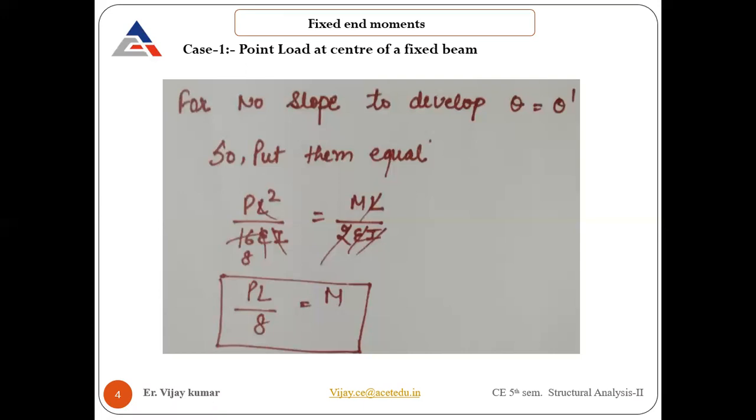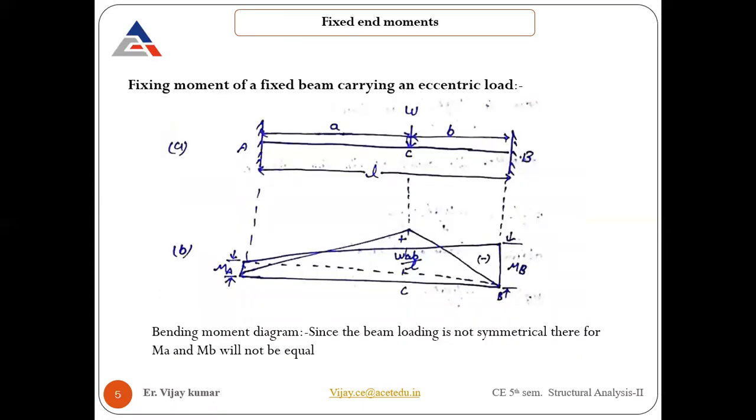That's it. So I'm taking a further typical case, which is actually a very important part. Again, we need to understand here. Otherwise, in the methods, we do not require these calculations. We just need to remember the values that we get ultimately after all the calculation. Fine. So the next case is the fixed moment for a beam carrying an eccentric load. Now we do not have a centric load, meaning the load is not acting at the center, it's away from the center. In that case, how will you find the fixed moments?